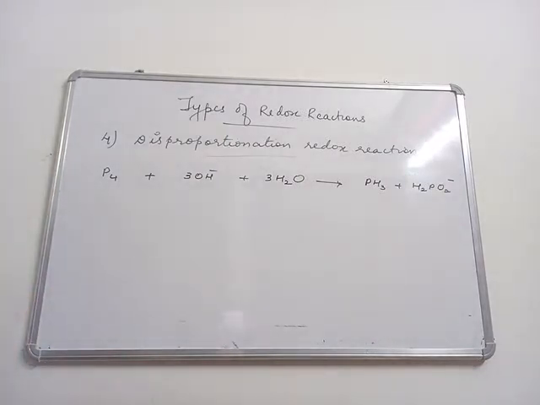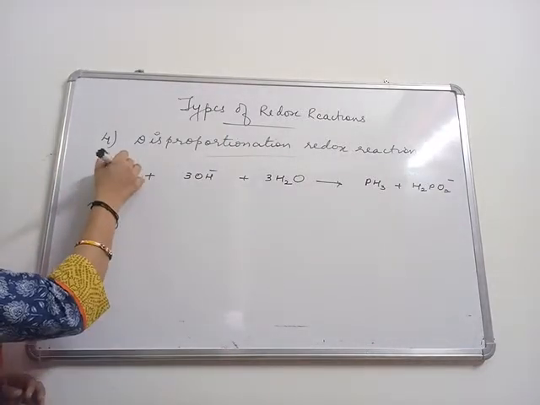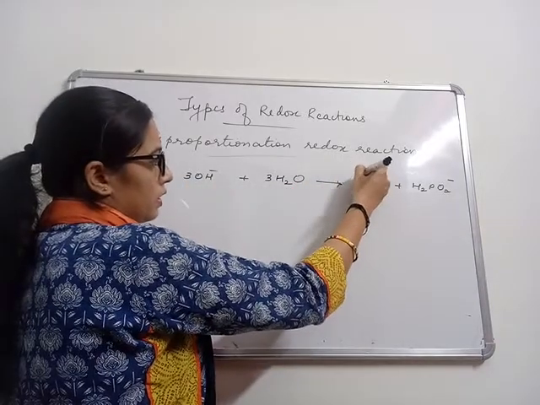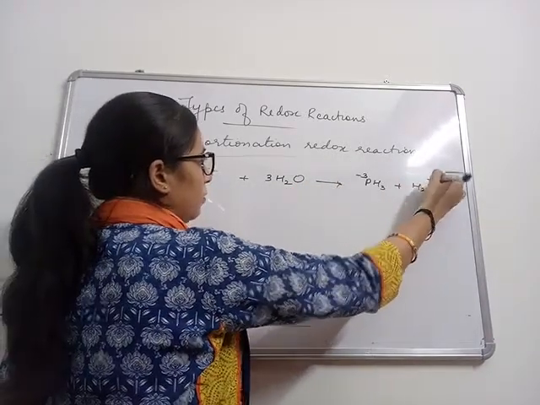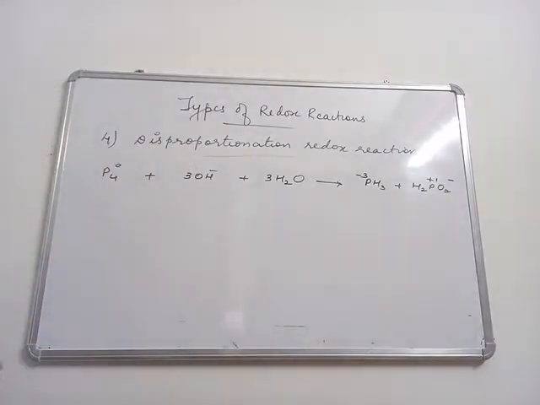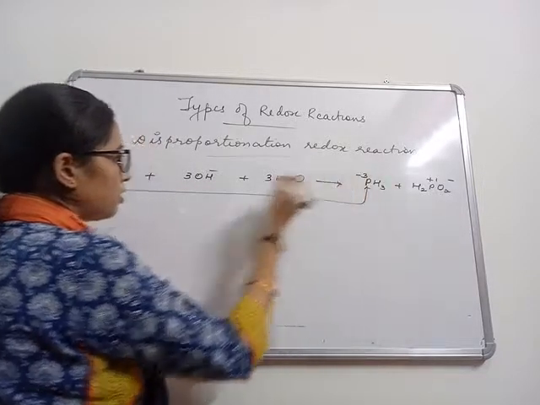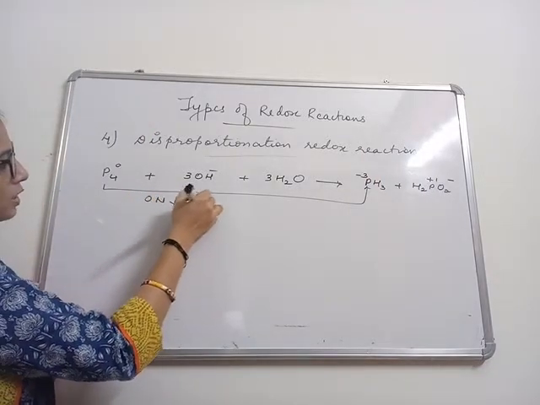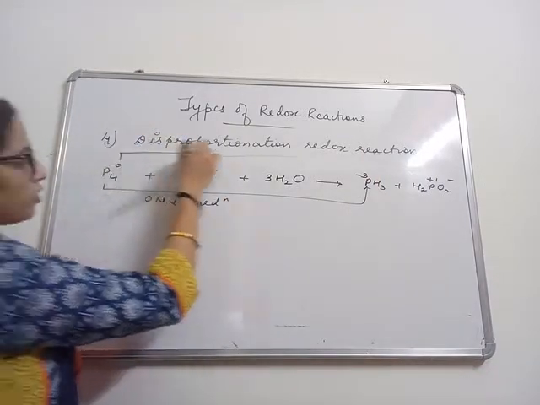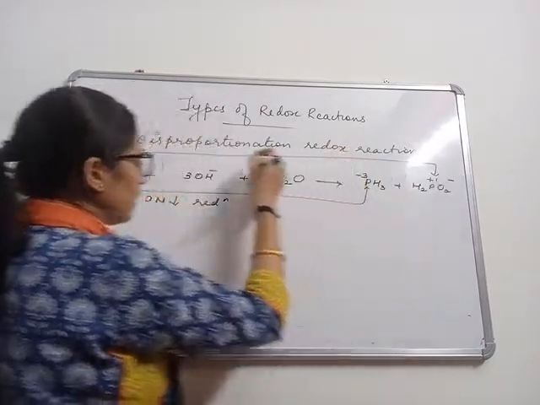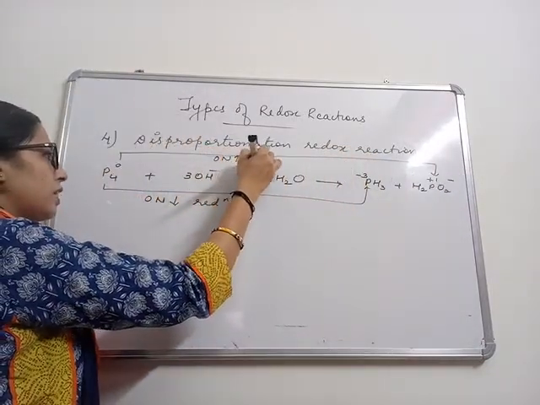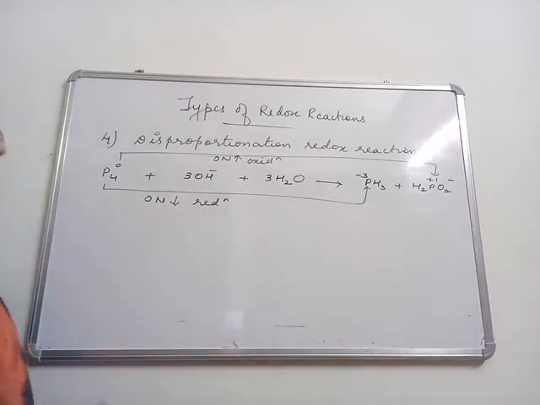minus. Okay, and phosphorus is in 0 oxidation state. Here it is in -3 state and here it is in +1 state. So when you look only at phosphorus, its oxidation states are being changed. Now when the 0 state changes to -3, the oxidation number is reduced, it undergoes reduction. And when phosphorus from 0 changes to +1, the oxidation number increases and it undergoes oxidation. So phosphorus is in three different oxidation states, so it's a disproportionation reaction of phosphorus.